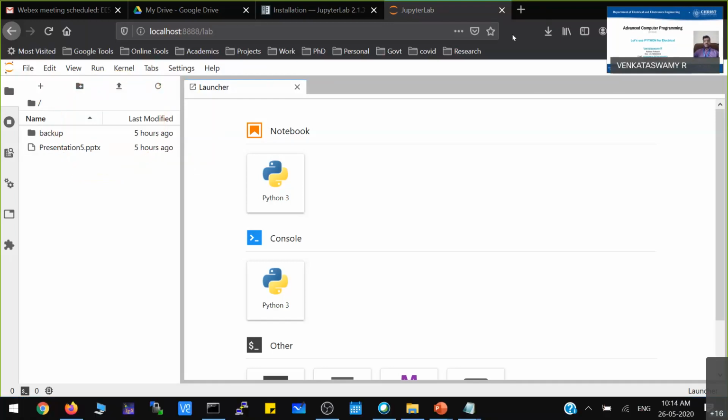This is the best practice whenever you work on any programming language or program. Make sure that you are working in specific directories, so all your work will be saved in that directory. You just have to go to that directory and work. That is what I did here: I installed JupyterLab, configured JupyterLab or Jupyter Notebook to a specific folder, and then started Jupyter Notebook, and it is coming up.